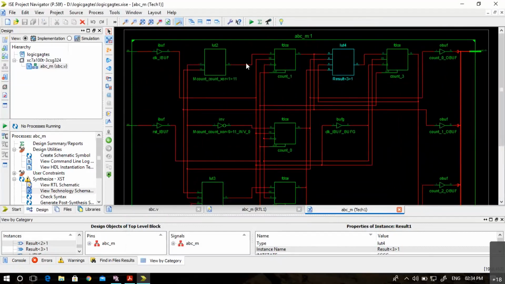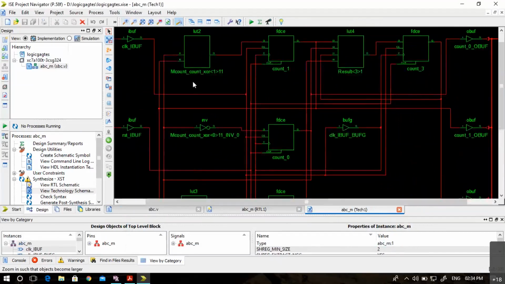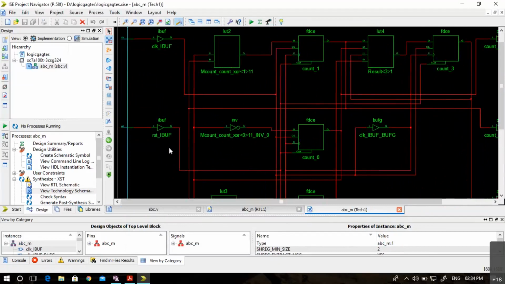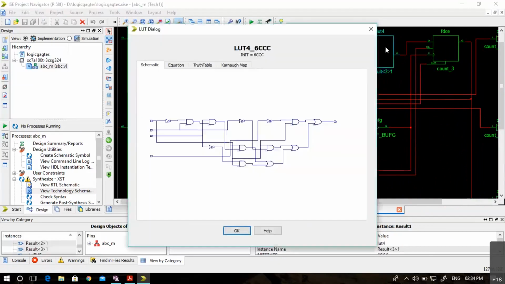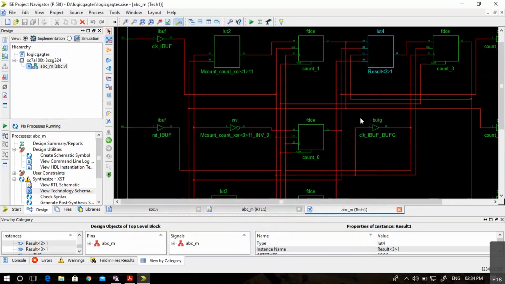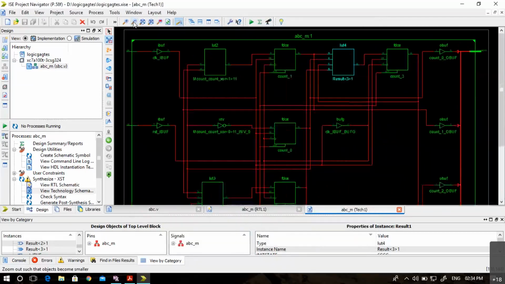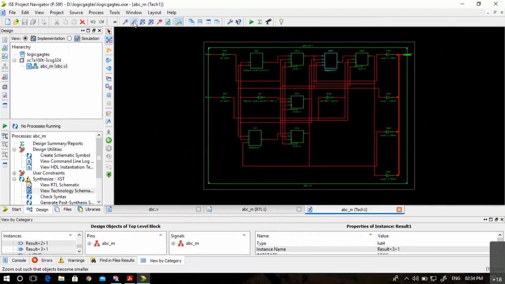So how is it indicated? Reset is here, it is coming through a buffer, and it is again coming to the flip-flop. Only through these respective logics, it has to take care of that. So as such, it has produced a hardware here for an asynchronous binary counter.